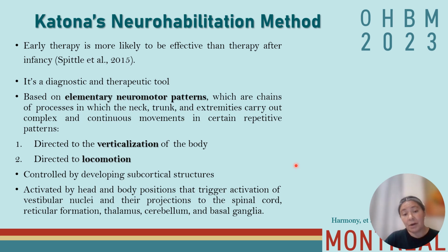It is based on elementary neuromotor patterns, which are chains of processes in which neck, trunk, and extremities carry out complex and continuous movements with two main objectives. First, verticalization of the body, and the second and very important function of movement is locomotion. And these elementary neuromotor patterns are controlled by developing subcortical structures, and they are activated by head and body positions that trigger activation of vestibular nuclei and the projections to the spinal cord, reticular formation, thalamus, cerebellum, and basal ganglia. So proprioception is also a very important part of this